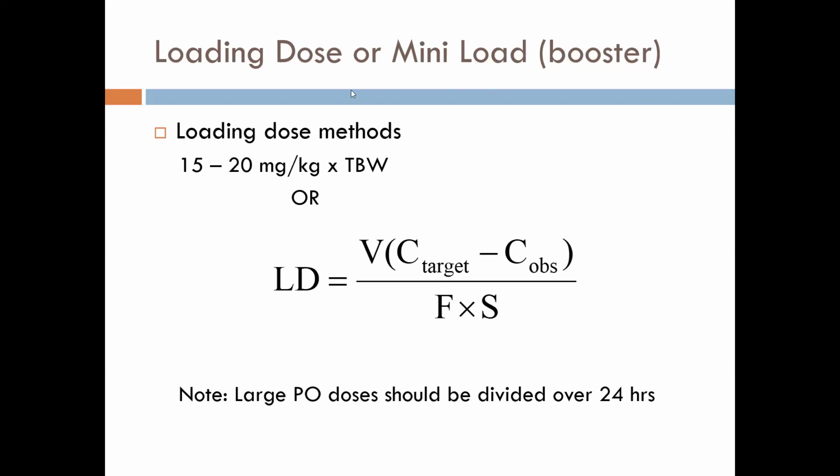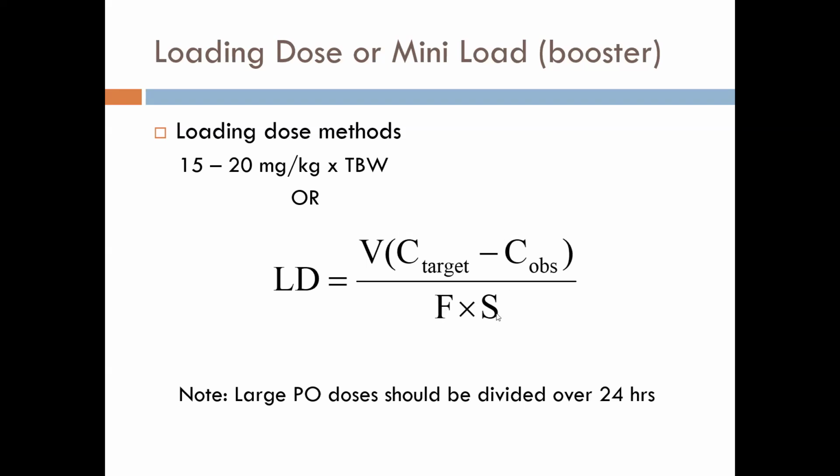Okay, so when we want to start phenytoin, we're going to give a loading dose, or a mini load if we already have drug on board and we need to increase the concentration. We might not have to give a full load, but a mini load. There's a couple different ways to deal with this. You can give a population average of 15 to 20 milligrams per kilogram times total body weight, or use our standard loading dose equation, which is volume times your target where you're shooting for, minus any drug that's on board,